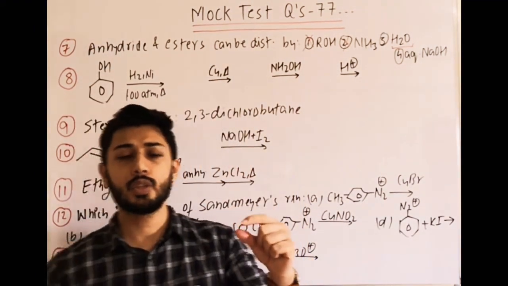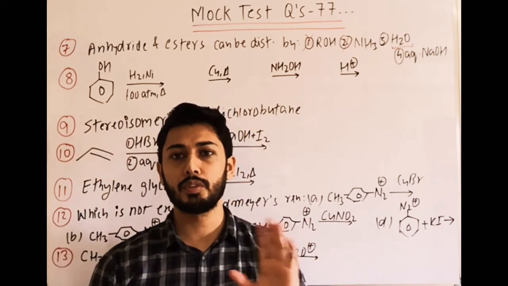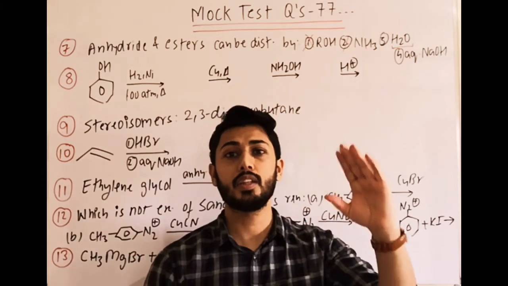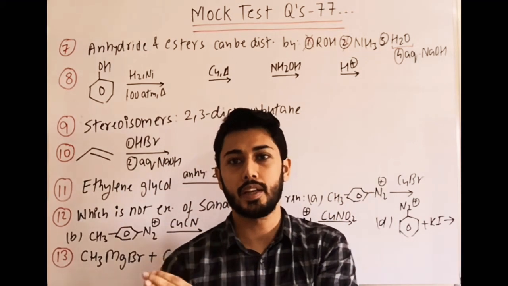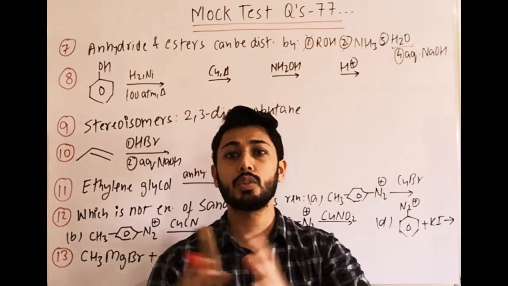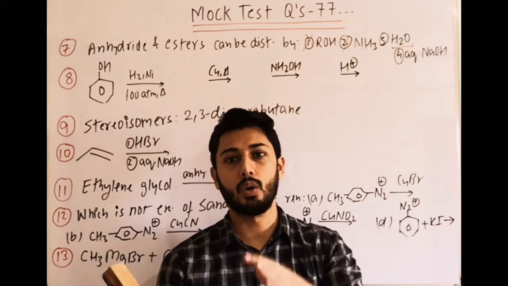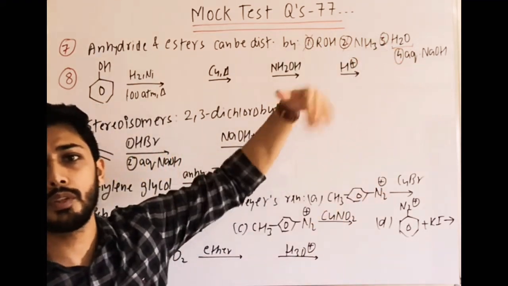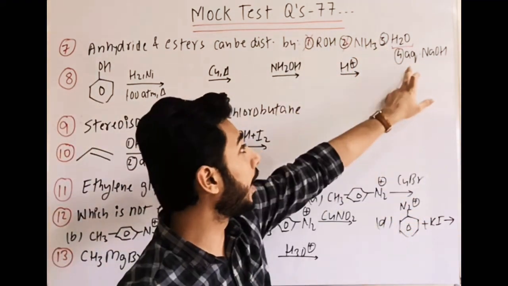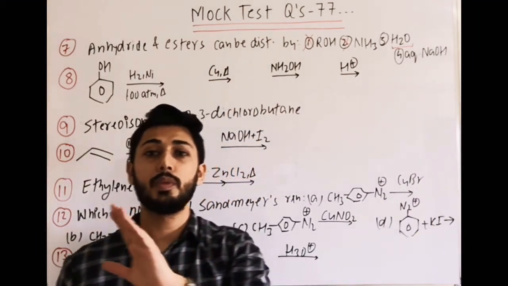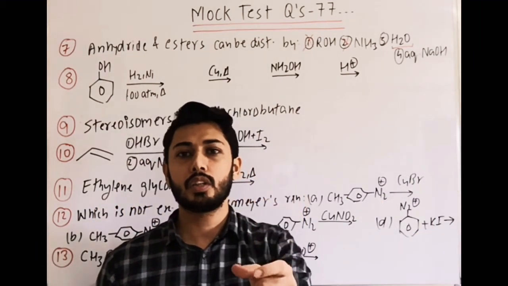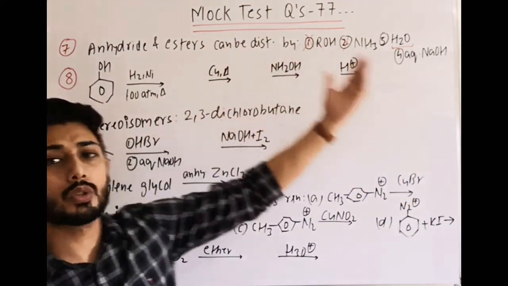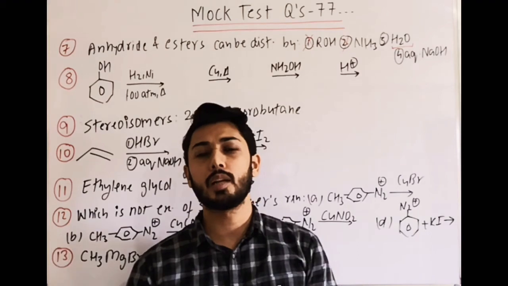Ester directly will not undergo reaction with water. It is a very slow reaction, so that's why we never write water. We write simply acid catalyzed or base catalyzed reaction of ester, in which it undergoes hydrolysis giving acid and alcohol. But here only water is mentioned, so we can keep it safe, out of the options, we have to select the best one. Aqueous NaOH means it is an alkaline medium. Ester easily undergoes hydrolysis, gives alcohol and acid, and anhydride will also undergo hydrolysis in this medium, giving carboxylic acid.